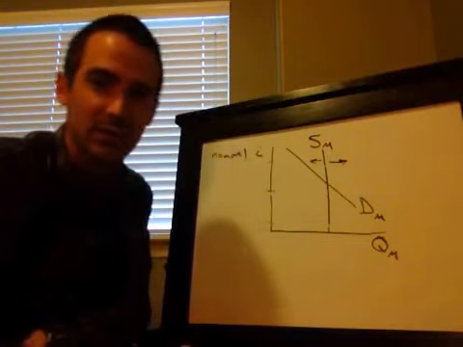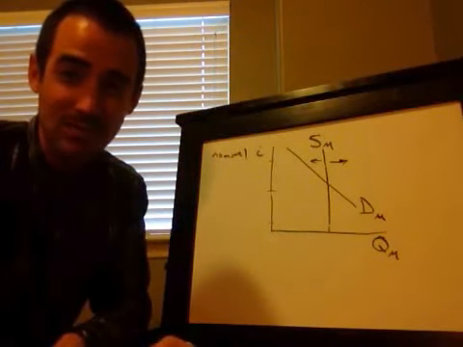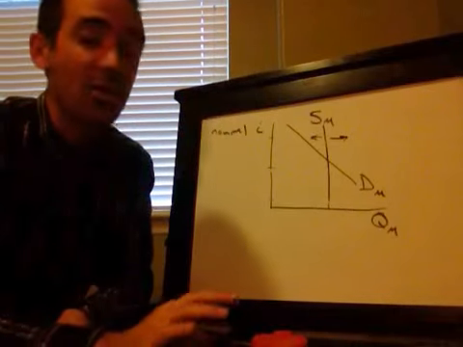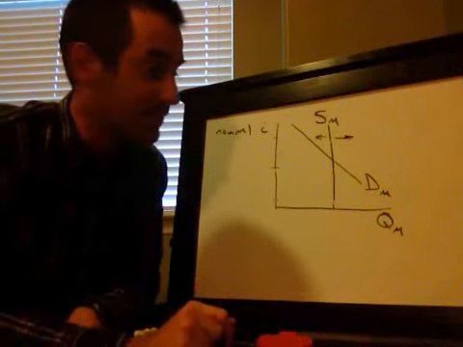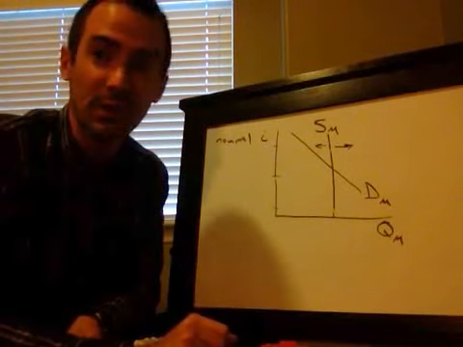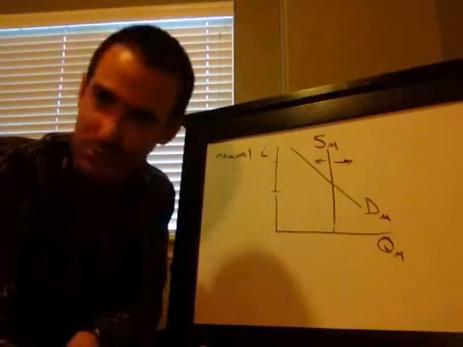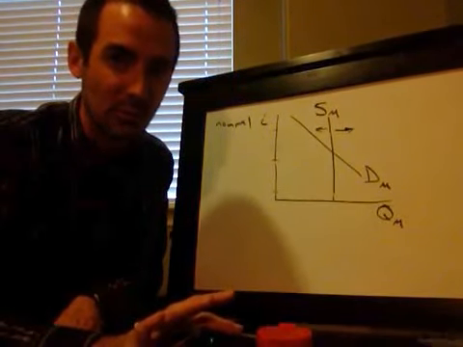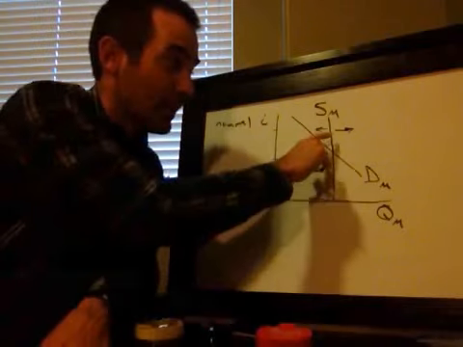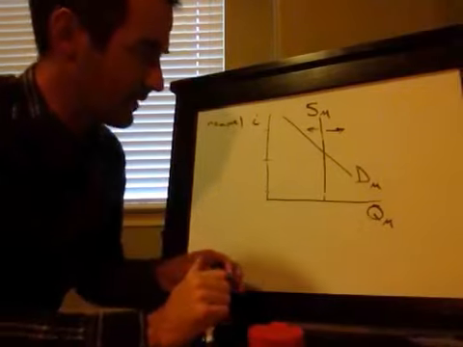It's wrong. I will not give you a timed writing or a test where the correct answer is to move the demand for money. There are some things that can move the demand for money, but it's very rare to be on the AP test or a college final, and it is so rare that you're not allowed to do it. I'll teach you later in the semester the things that might move it, when we get a little more comfortable with this. But for now, the one you're allowed to move is the one the Fed moves, the supply of money. All right, let's talk quickly about that demand for money.